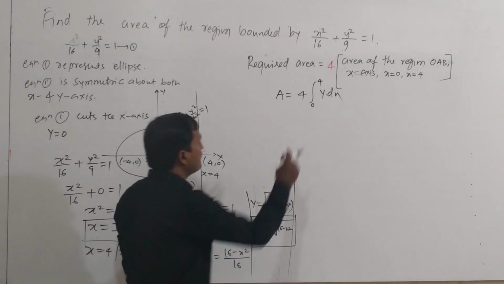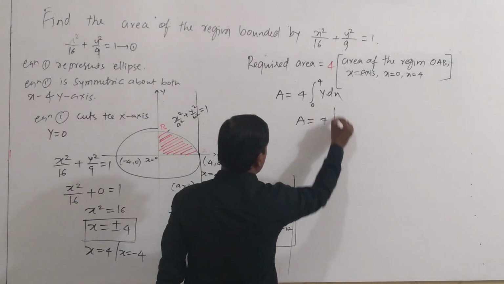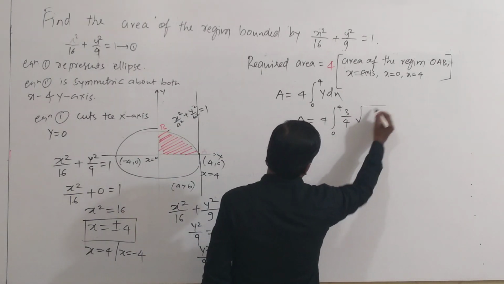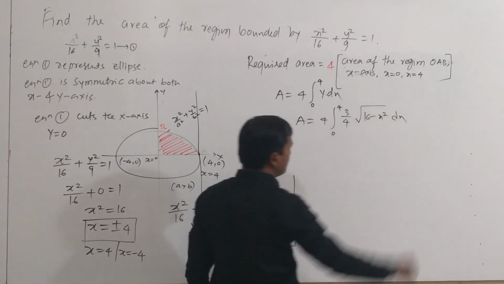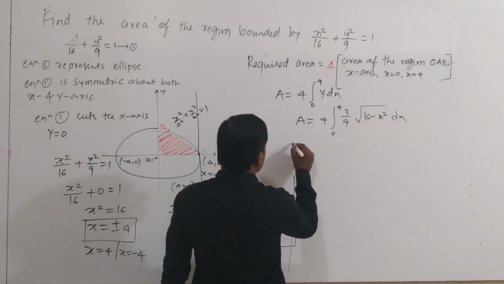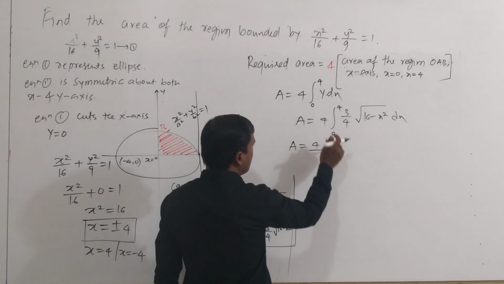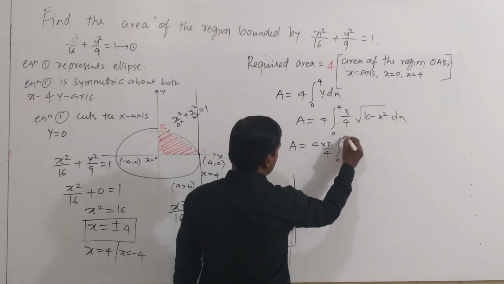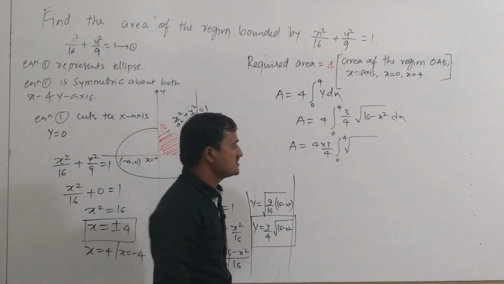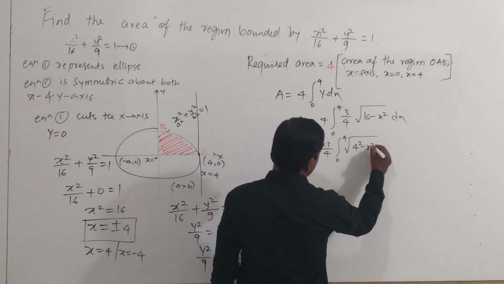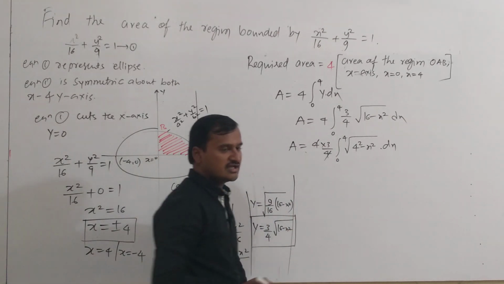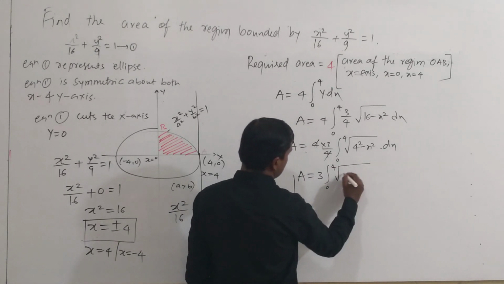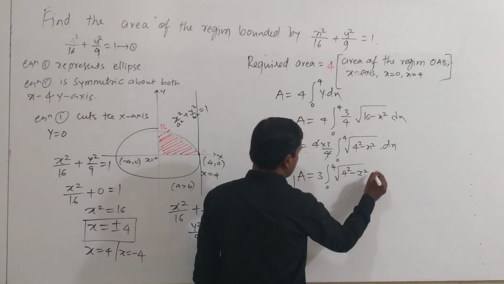Now I will substitute the value of y here, therefore that is equal to 4 times integral 0 to 4. What is the value of y? The value of y is 3 by 4 into square root of 16 minus x square into dx. Now the required area is equal to 4 upon, so take this 3 by 4 here, 3 by 4 into integral 0 to 4. Here I will write 16 like this, 4 square minus x square into dx. Here 4 and 4 will get cancelled. So what is the value? A is equal to 3 times integral 0 to 4, and here it is 4 square minus x square